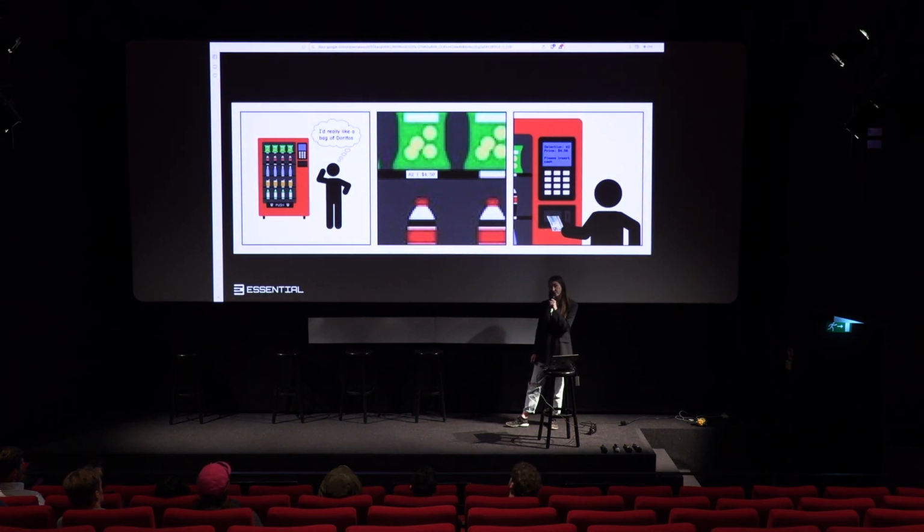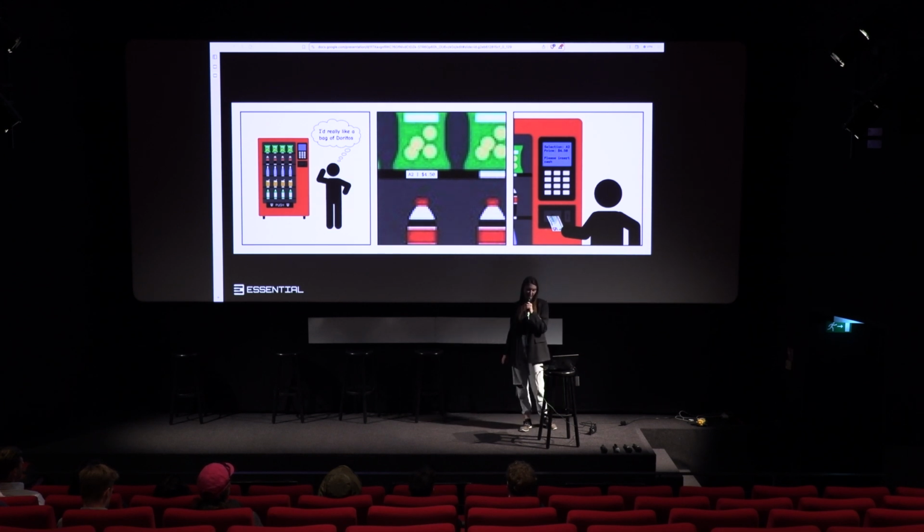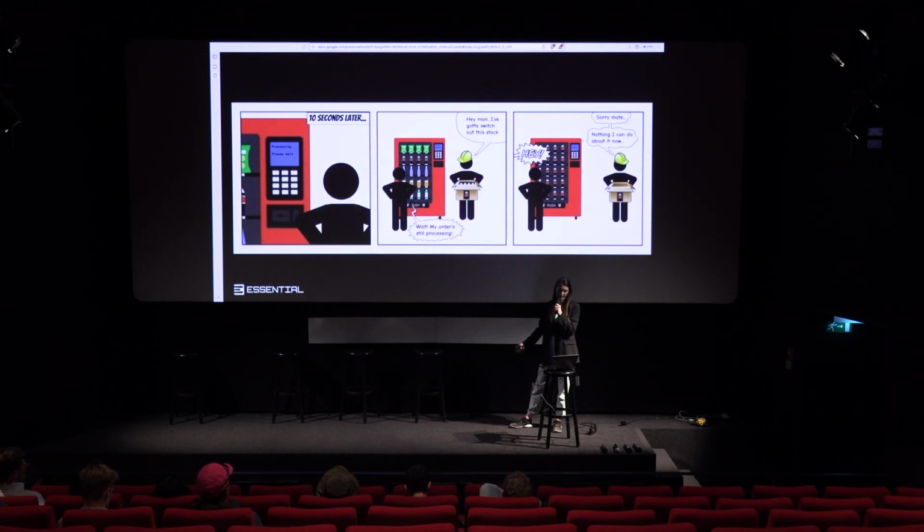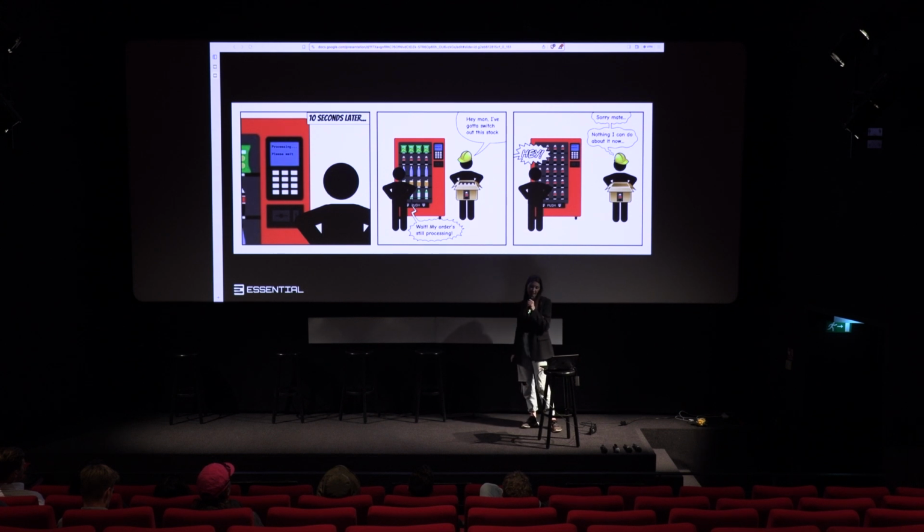So say you go to a vending machine and you want a bag of Doritos. You walk over and you look at the slot, select the slot that says Doritos, and then you insert your money. So in the blockchain analogy, this is when you have initiated your transaction and sent it to the mempool. But then you're stuck waiting for your order to be processed, and all of a sudden you see someone come along and open the back of the vending machine and replace everything with just an entirely different item. So now all the stock is gone, there's no more Doritos, and your transaction is still processing.